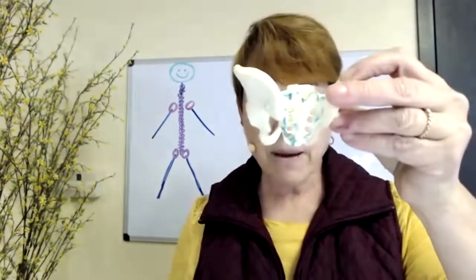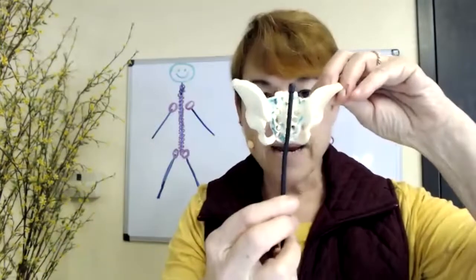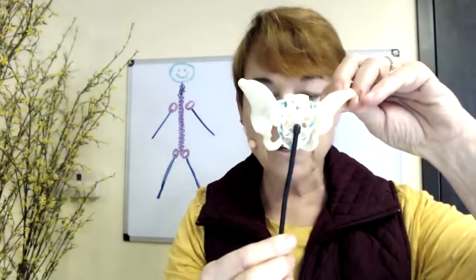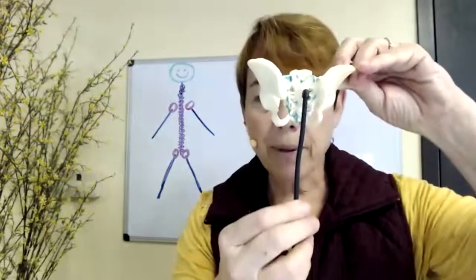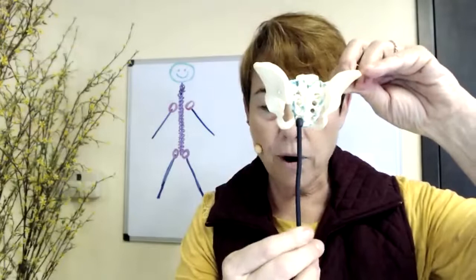So if you remember, we have our little pelvis here, and we had something that we've been mapping out in the center of the pelvis called the gluteal cleft. Now, the gluteal cleft is that fancy term for your buttock crack. All right. So when we drop a line down from the buttock crack all the way down to the floor,